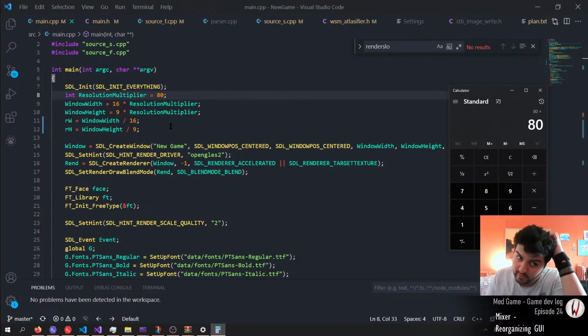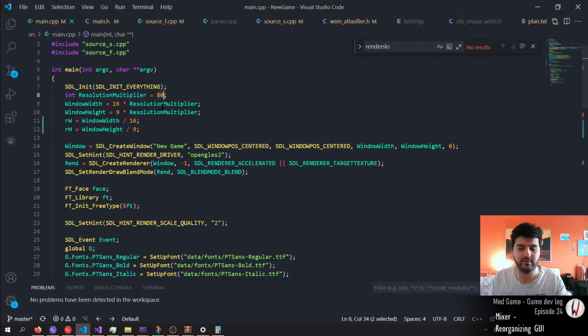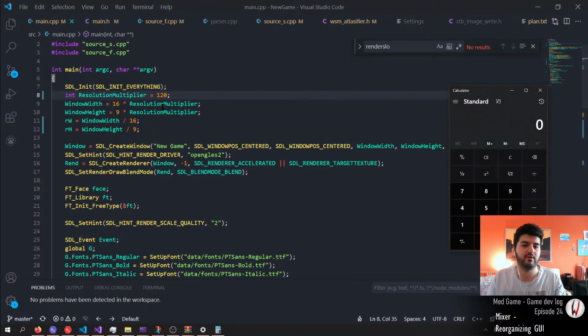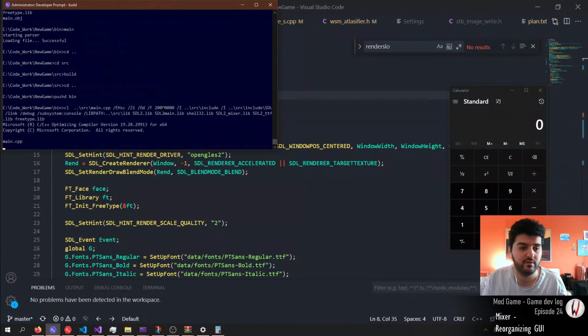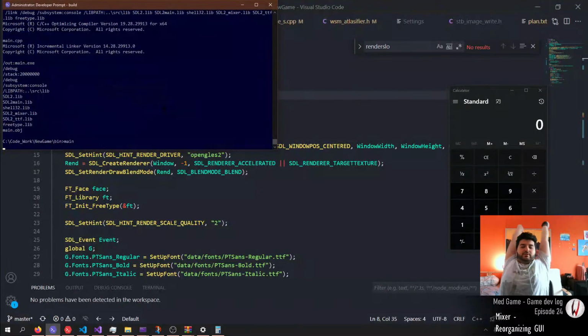So 80 times 16. One hundred is 90. 120 times 9. So let me try 120. Let's see how that one works out. This may break a lot of GUI elements, but this should also make things a little bit